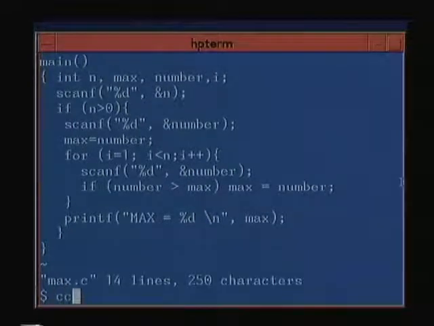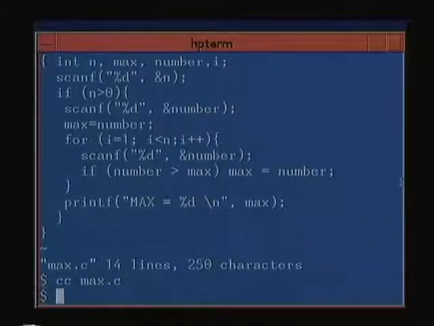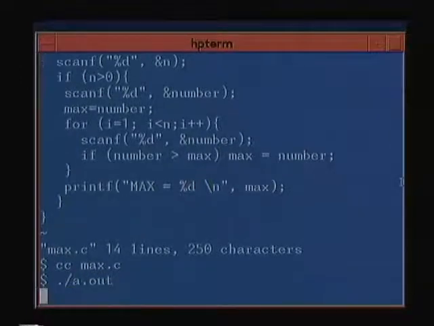Let's run it and see. The first input that you have to give is the number of numbers. I did not write the printf statements. Normally good programming means that you should write the printf statements, but since I wanted the whole program to come on one screen, I removed them.